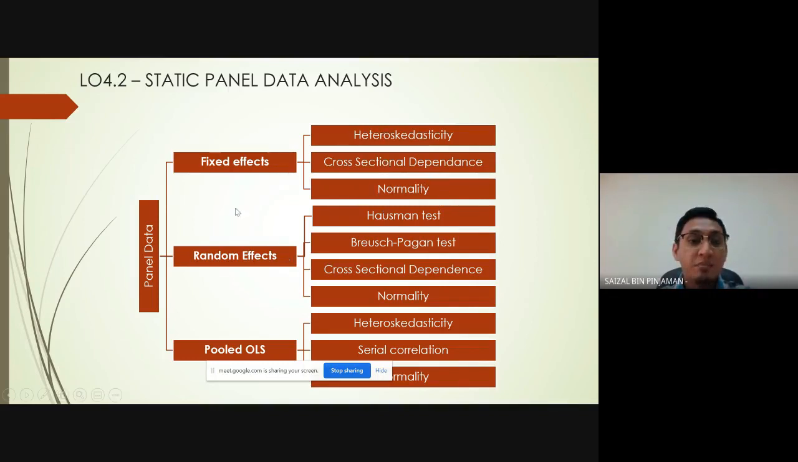In a random effects model, on the other hand, there are various diagnostic tests that we can conduct. One of them is the Hausman test. The Hausman test is used to determine whether we're supposed to use the random effects model or the fixed effects